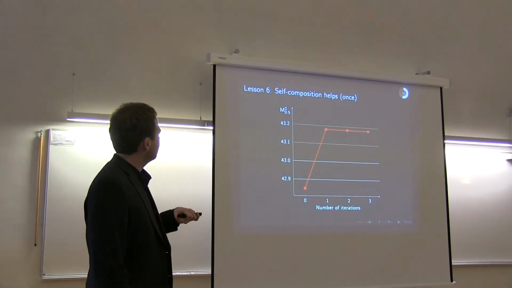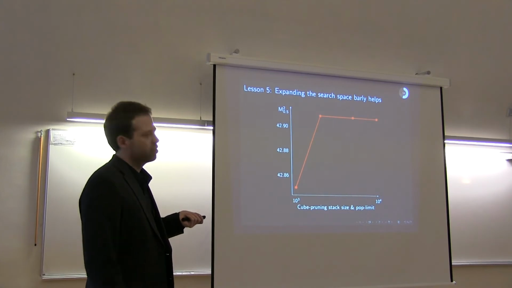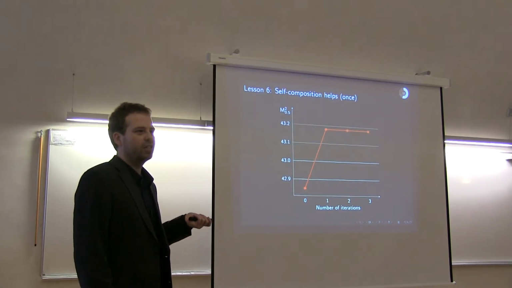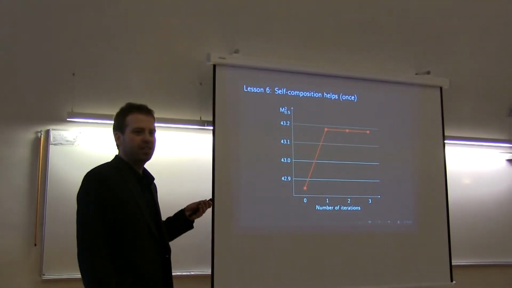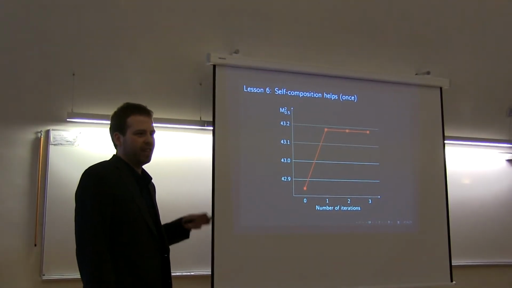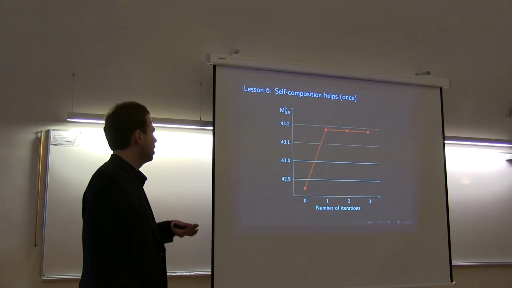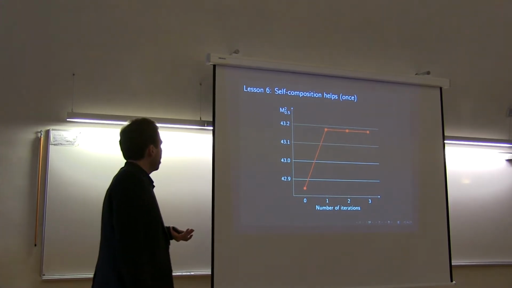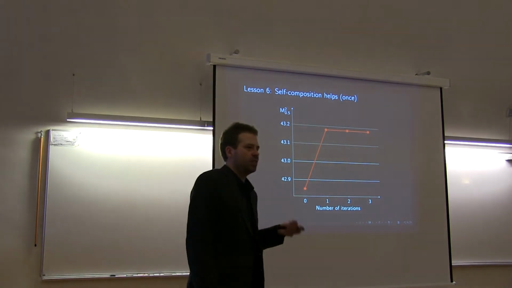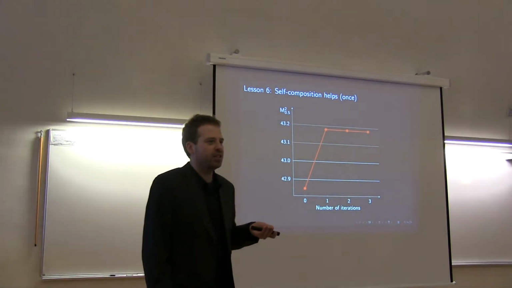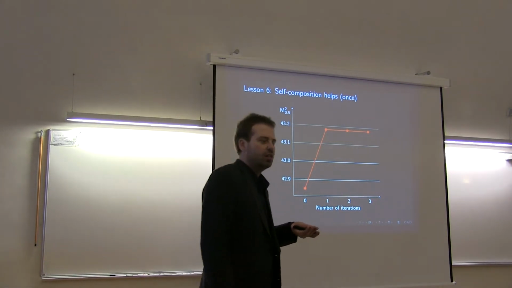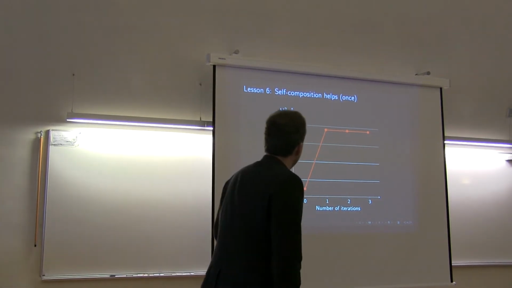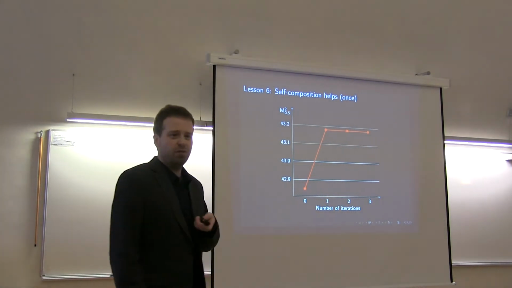I would actually expect that enlarging the search space would also lead to an improvement similar to doing self-composition, because it's basically just doing the same thing again with the same data on a similar search space. It turns out it's not. So obviously the self-composition is producing some inputs or outputs that do not appear in the normal search space. What's exactly going on there, I do not understand, but I know that you've been doing similar